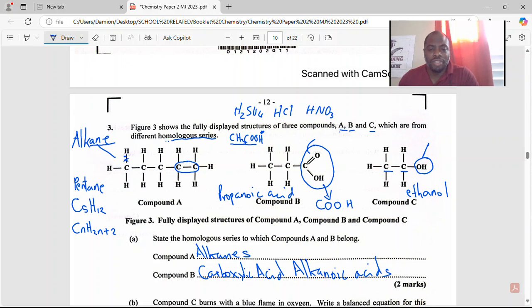The homologous series are denoted by their functional group. Everybody in a homologous series has the same functional group. So once I'm an acid, I'm going to have this functional group. Once I'm an alkane, I will have only single to single bonds. Once I'm an alcohol, I'll have that hydroxyl group. And so this would have brought me to the end